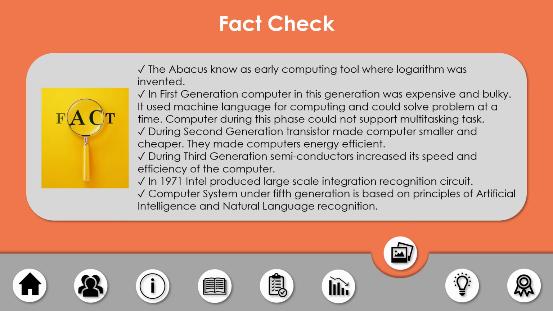They made computers energy efficient. And during the third generation, semiconductors increased its speed and efficiency of the computer. In 1971, Intel produced large-scale integration recognition circuit. And for the last one, computer system under fifth generation is based on principles of artificial intelligence and natural language recognition. Okay? Then, if you have no more question, let us have